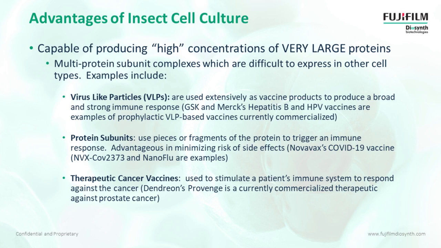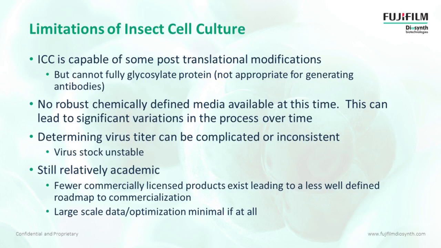And then these can also be used for therapeutic cancer vaccines, and therapeutic cancer vaccines are used to stimulate the patient's immune system to respond to whatever that particular cancer is. And Dendreon's Provenge is a commercial therapeutic used against prostate cancer, and that's an example of a therapeutic cancer protein or vaccine. Some of the limits of using insect cell culture,